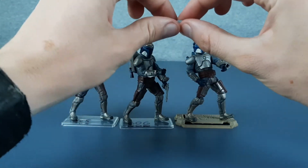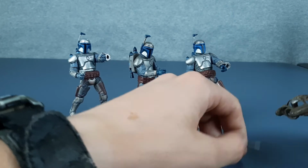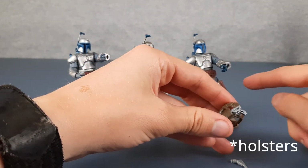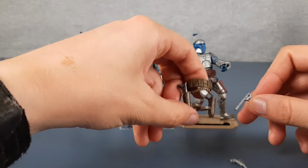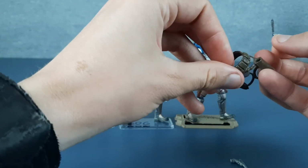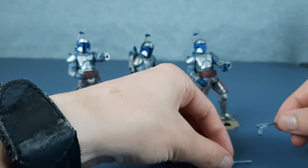And then the blasters. These are the blasters for the final battle. Like I said, the gauntlets don't work on any of these, so I keep these in a different holster case that I don't have it on. That belongs to another figure, but he's currently not using them. I think the final battle,